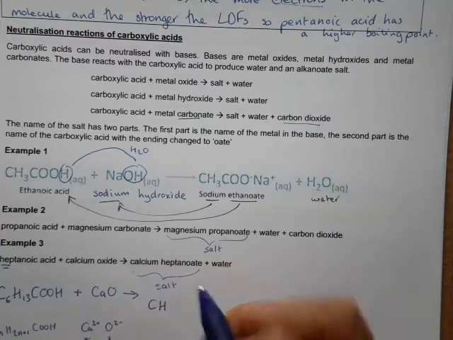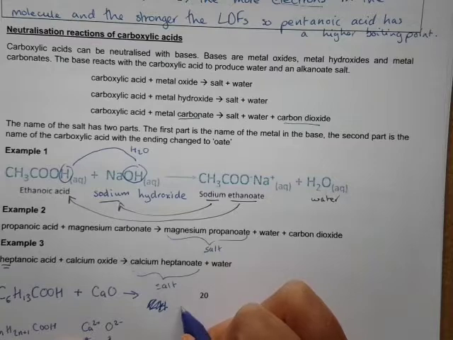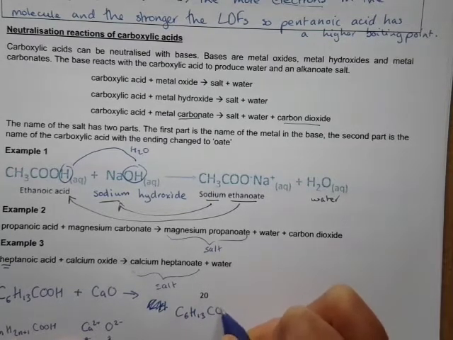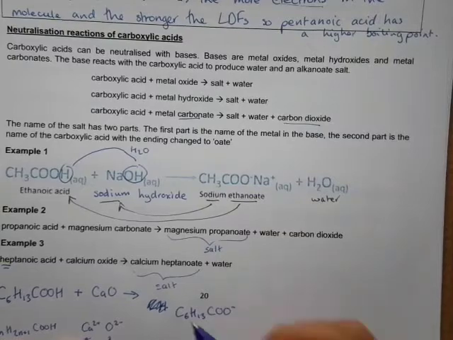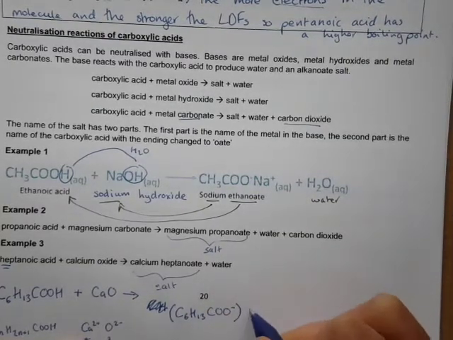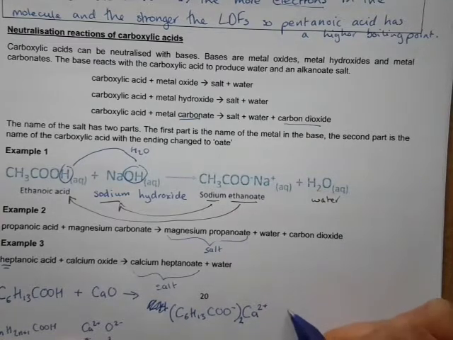So I'll show you what I mean by that, and I'm just going to have to change that here. So C6H13COO minus, and I'm actually going to need 2 of these for every calcium ion, like I say, because each calcium is going to be 2 plus. So I'm going to need 2 of these. So I would put my 2 outside the brackets here, plus